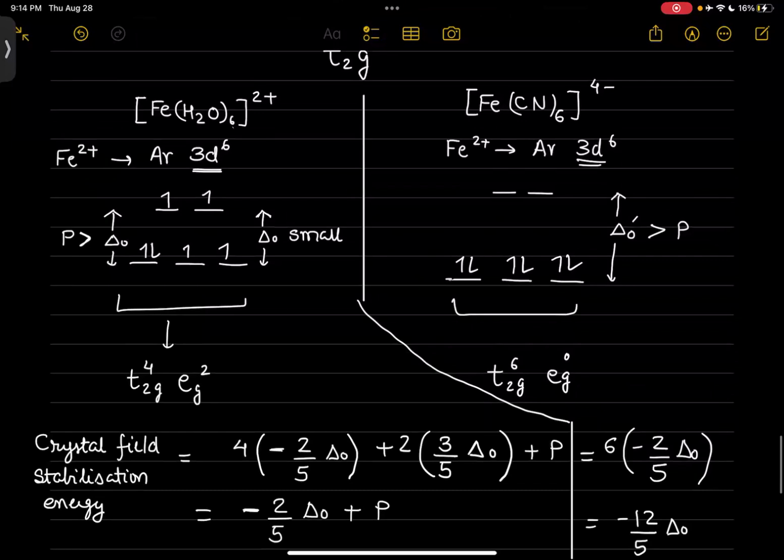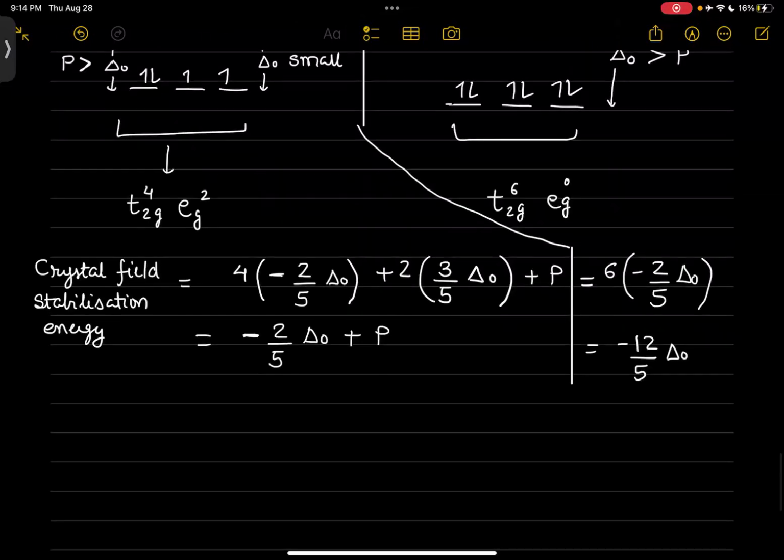Yes, sir. So which complex is more stable? Very, very important. Okay. So what is the energy of the d orbitals? The two higher orbitals are at plus 3/5, and the 3 lower energy orbitals are at minus 2/5. So based on the number of electrons present in those orbitals, we calculated the algebraic sum of the energies and we realized that